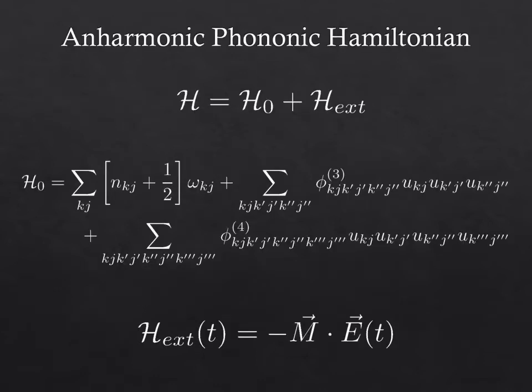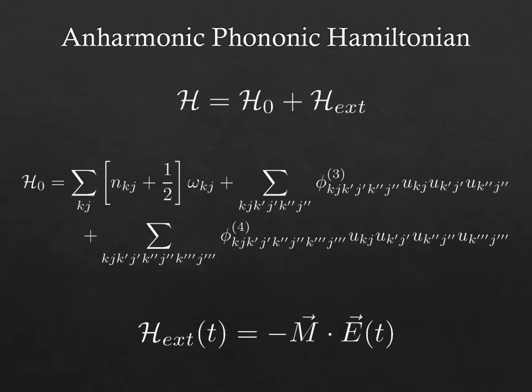So to do this, first of all, we need to write our full Hamiltonian. And this is where one part of the title I didn't talk about yet comes in, aka the anharmonic part. So basically, we have the external field that has an associated potential in this form. So minus m dot E, with a minus sign because it is energetically favorable for the dipole moments to align